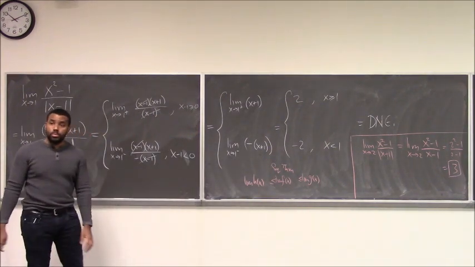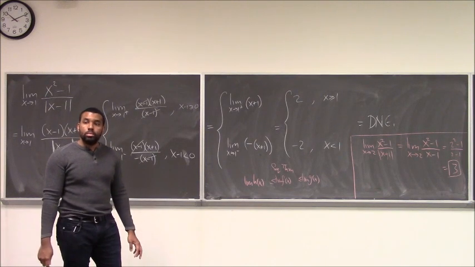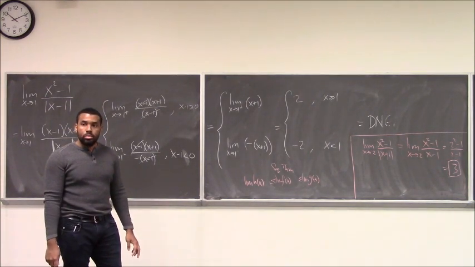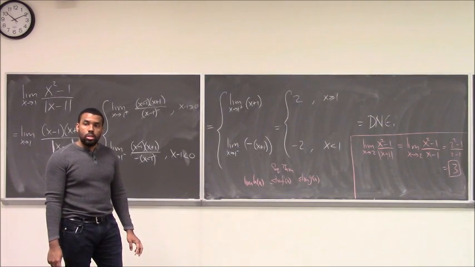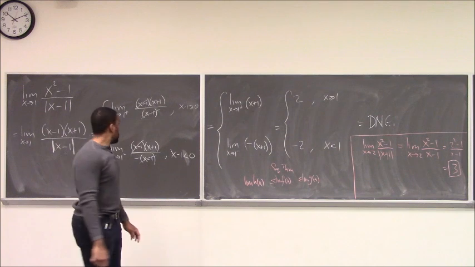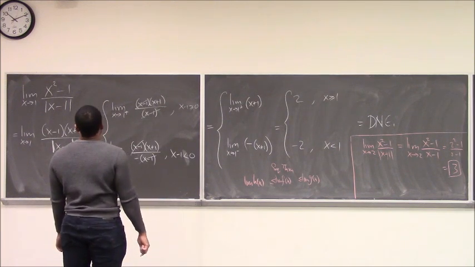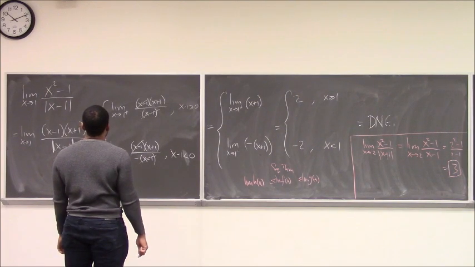Yeah? With the one example we did earlier, when you bounded it by positive and negative x squared, and then you drew the sine oscillating, if you wanted to draw this to get a visual aid, would this be bounded by the absolute value of x minus 1 and then draw x squared minus 1 within it? Does that make sense?